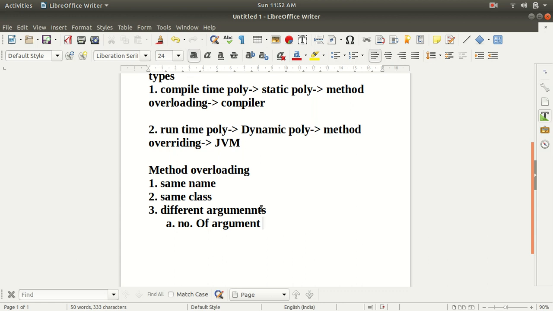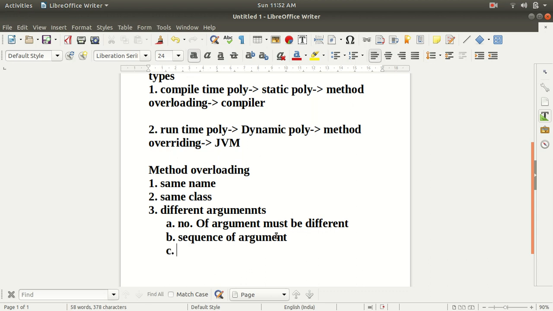The second condition is that the sequence of the arguments must be different. So either you can make the number of arguments different or the sequence of arguments different.